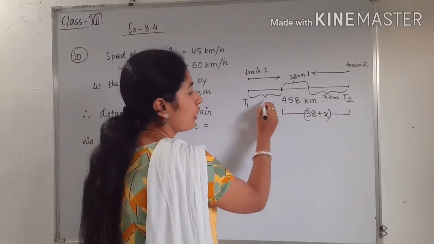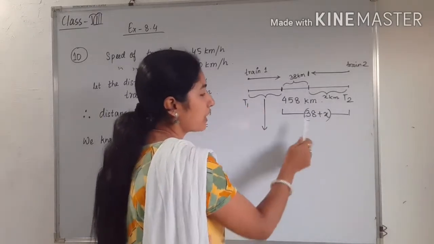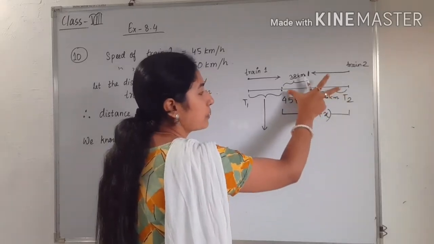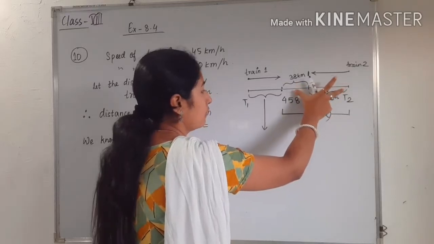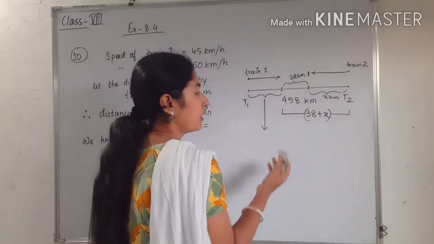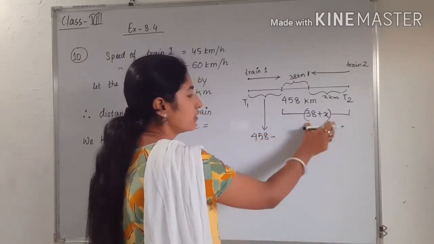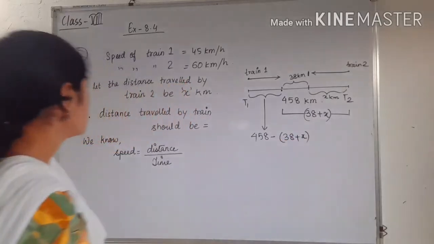So, if I want to find this distance, this is very simple. See, we have to subtract this part. That means from this to this part we have to subtract. Okay. And this part we have to subtract from what? We have to subtract from the total distance. So, total distance is 458. So, this distance will be what? 458 minus this much distance, that is 38 plus x. Okay. So, I have already